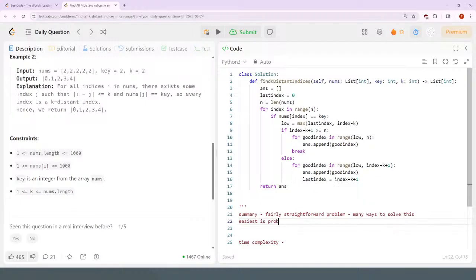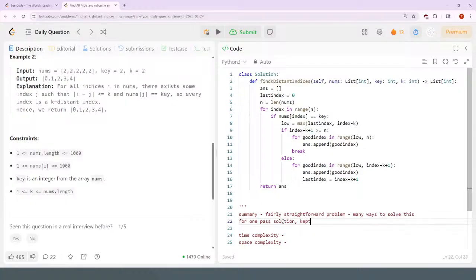Easiest is probably two passes. The logic is two passes, one to determine where, oh well, let's ignore it. Here, for the one pass solution,